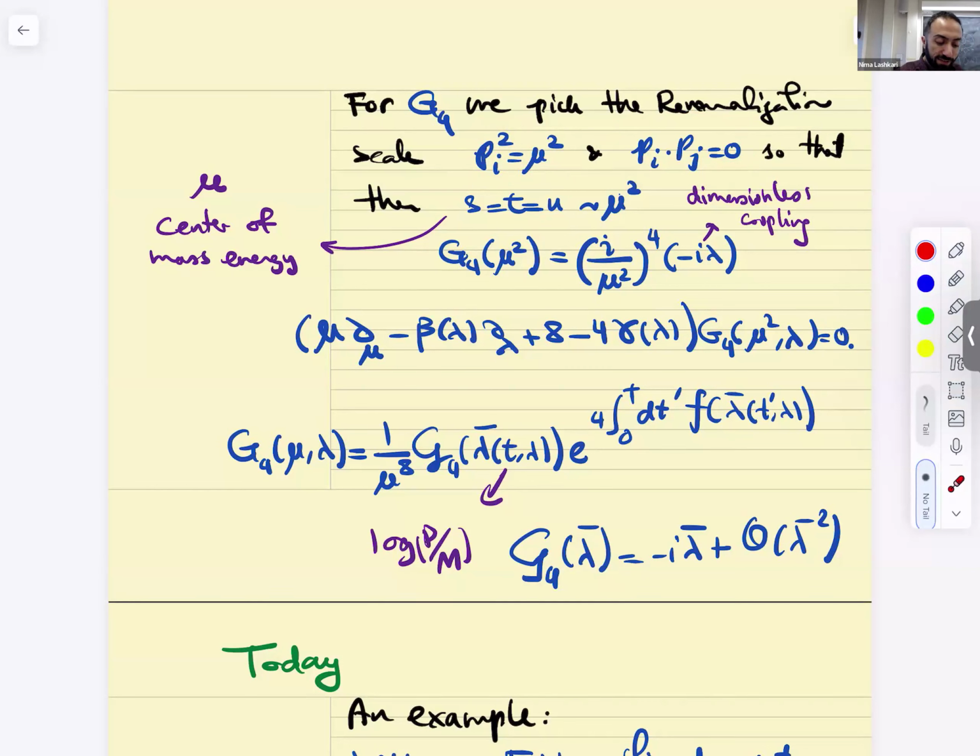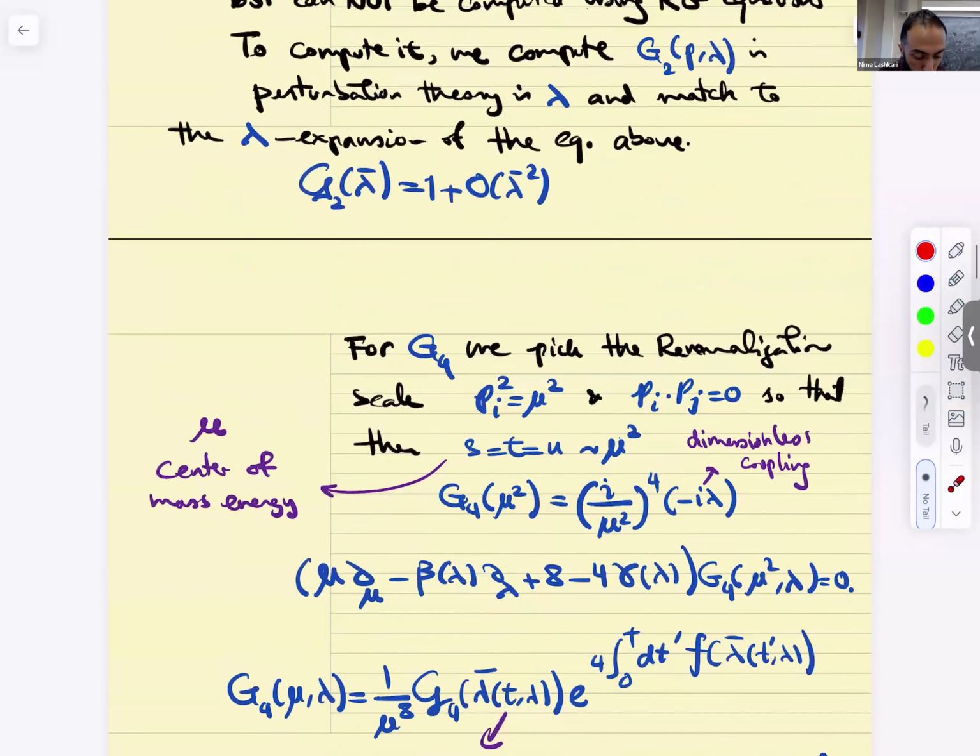All right, so this is the thing I'm going to do. Previously, my 2-point function was a function of t, p over mu, the only variable I was dealing with. Now its dependence on scale is going to be about this dependence on mu squared, right? So G4 of mu, I'm going to write it as mu over mu squared to the power 4 minus I lambda. This is the analog of saying that at my renormalization scale, when I wrote G2 is this,